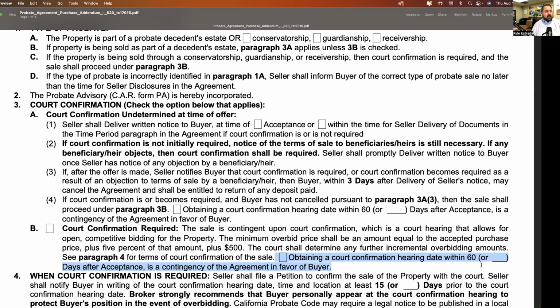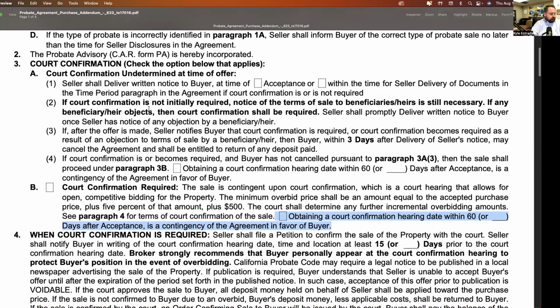So, questions about the probate? Pretty straightforward. On the probate, it's just giving a time period that doesn't force the buyer to be locked in forever while we're waiting for courts. It puts a little more pressure on the listing agents, the sellers and their attorneys to get things done as soon as possible, but at least it doesn't lock up our buyers forever. Okay. All right. Next up,